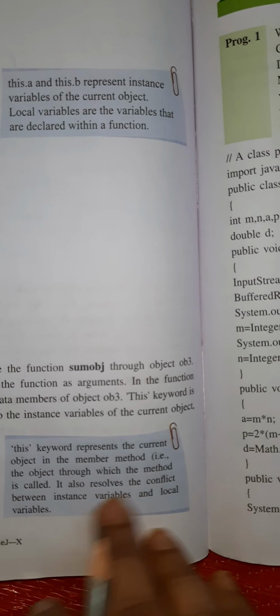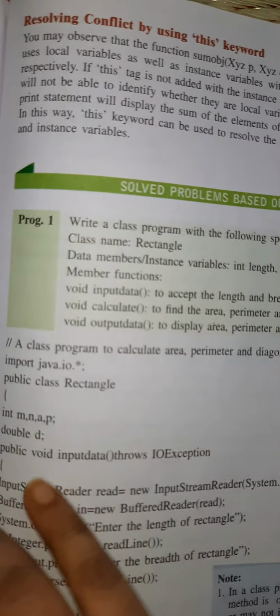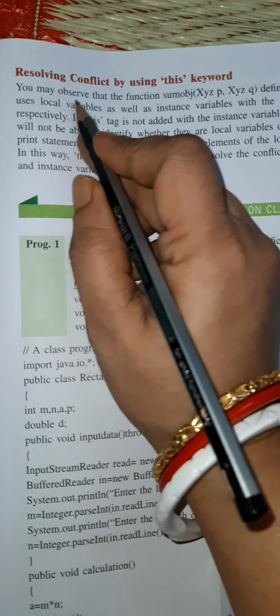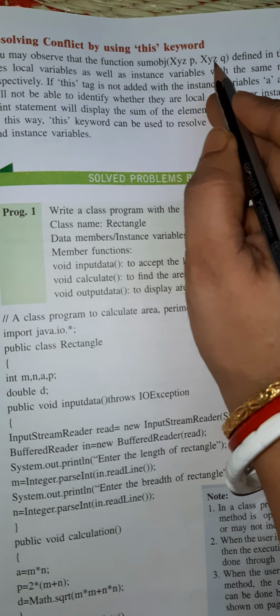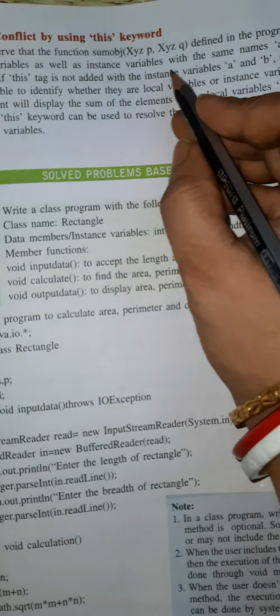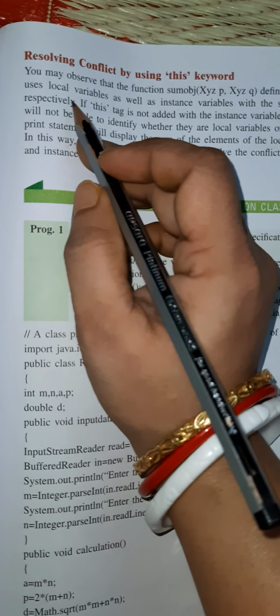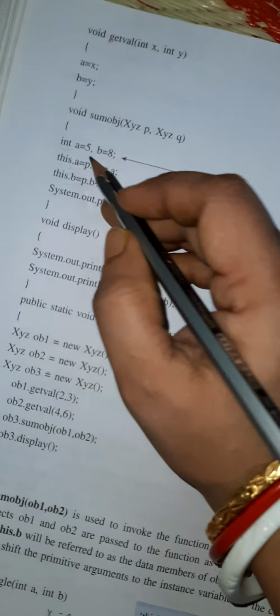It is also involved in resolving the conflict between the instance and the local variable. So there is a conflict between the instance and the local variable. You can observe that in the function sumobj, xyz p and xyz q, these two objects identified in the program above use local variables as well as instance variables.